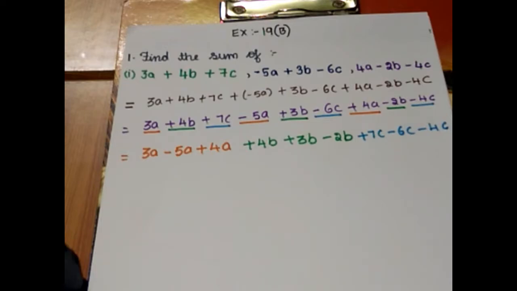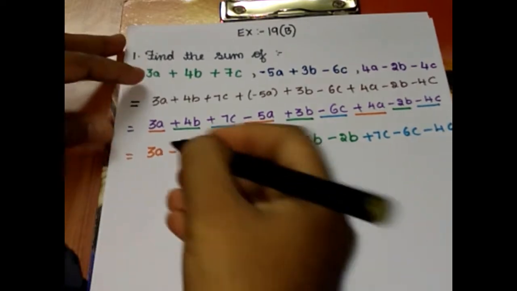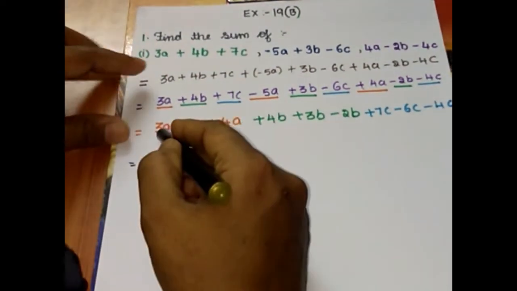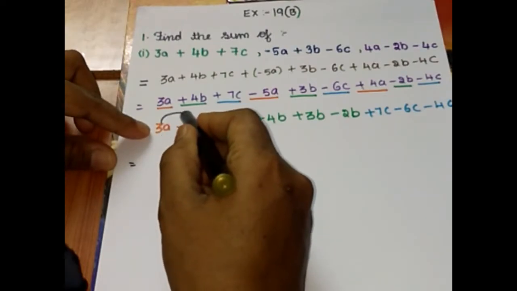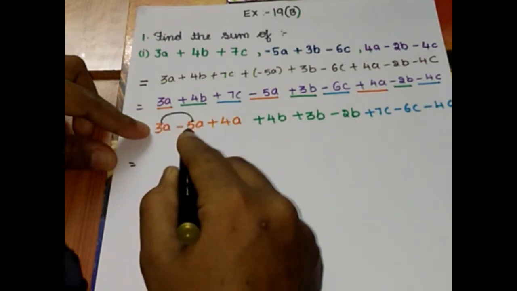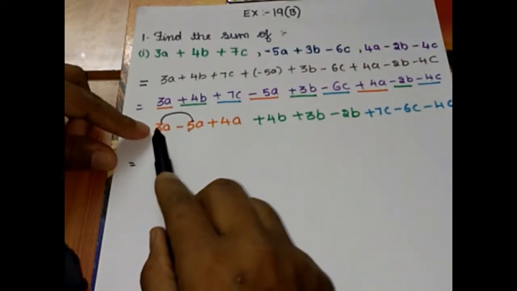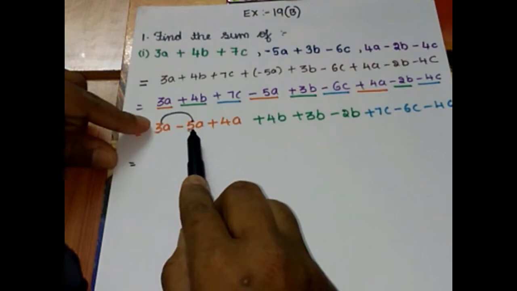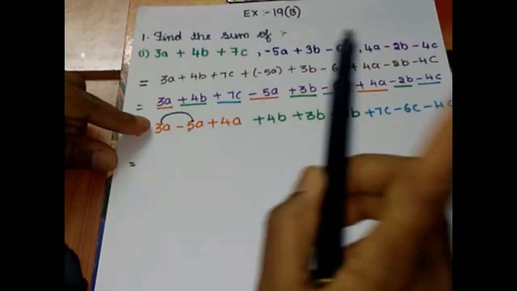Actually there are 3 terms, so it's your choice. Either you can find the solution in one step or you can make it into 2 different steps. Let's proceed with a single step, to learn how to do it directly, children. Now I have plus 3 minus 5. One plus and one minus, so subtract, and it gives me the solution minus 2. I repeat, plus 3 minus 5 is minus 2. Minus 2 plus 4 is plus 2.